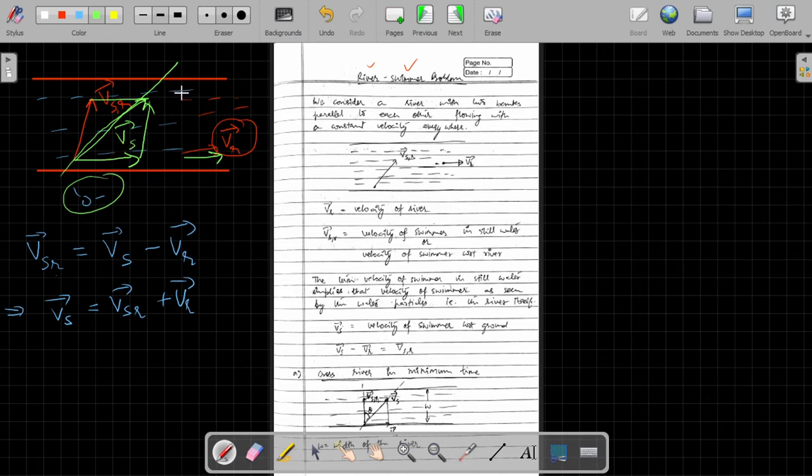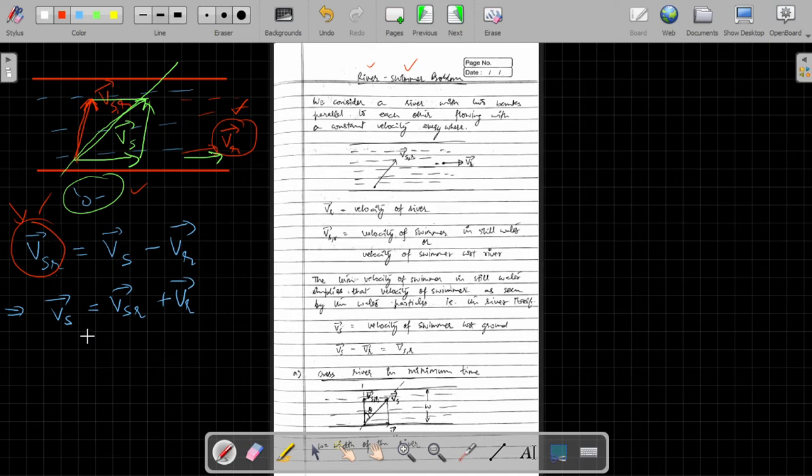So what is the first thing which we will be concluding from this equation? The first thing is that even though the man is trying to swim in some different direction, he won't actually swim in this direction. We will be adding the velocity of the river with the velocity of the swimmer with respect to the river, and after adding, we will get this complete net velocity along which it would swim as seen by the person on the ground. So first of all, we try to understand the meaning behind this statement and why it is given first.